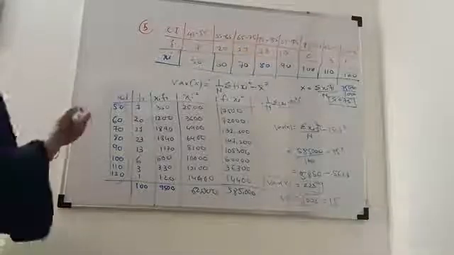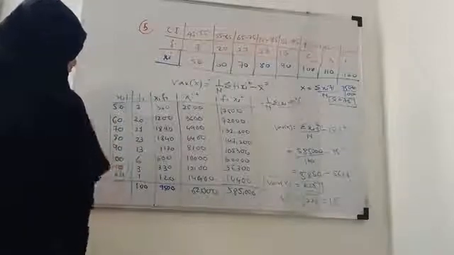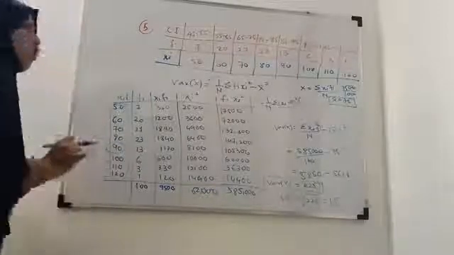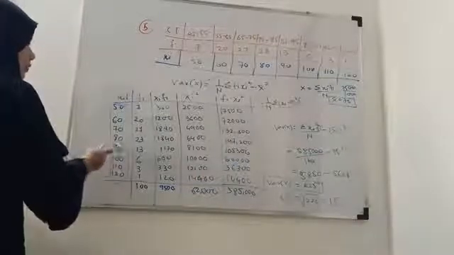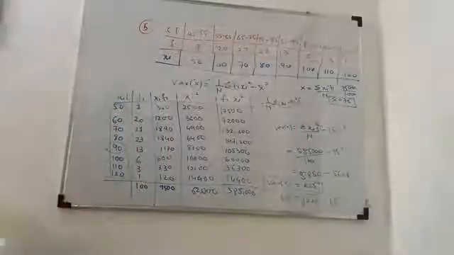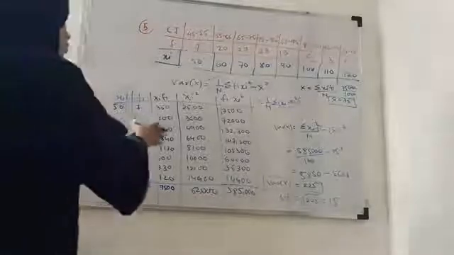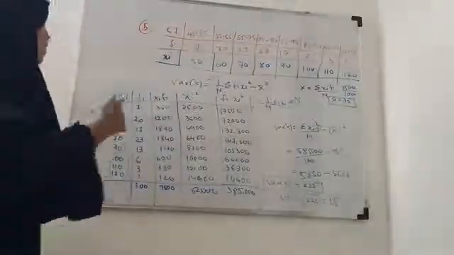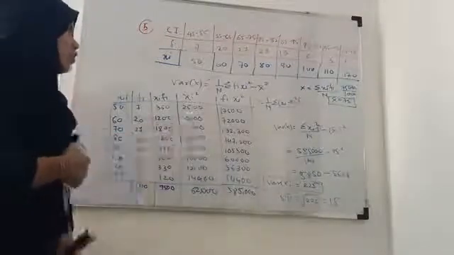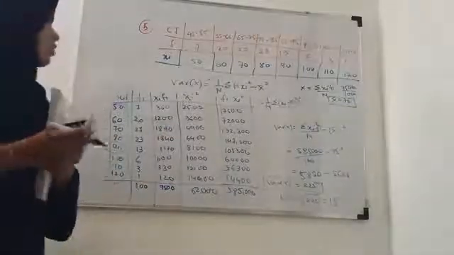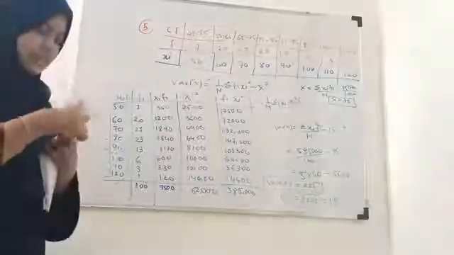In that method we consider one assumed mean. Suppose here the entries are 1, 2, 3, 4, 5, 6, 7, 8, right? 8 entries are there, so we will take one entry as the assumed mean and subtract all the entries from that mean, so these entries automatically get reduced. Then the calculation will be simple, because here the x's are large in magnitude, 50, 60, that's why we are getting such big numbers. So we will see the same problem using the assumed mean method in the next class.